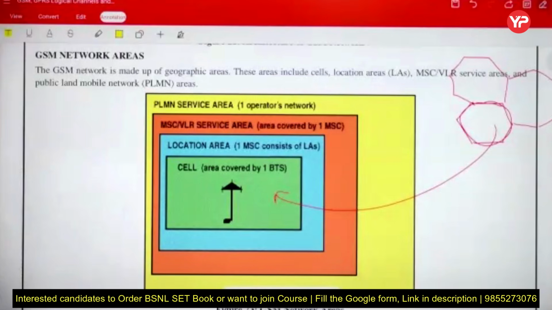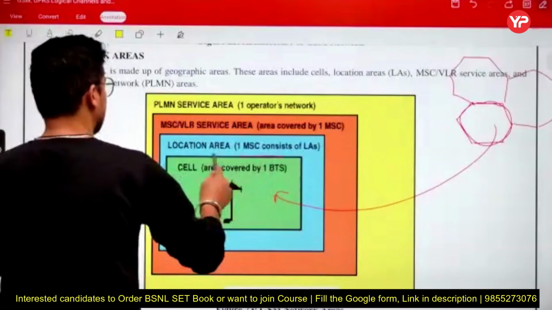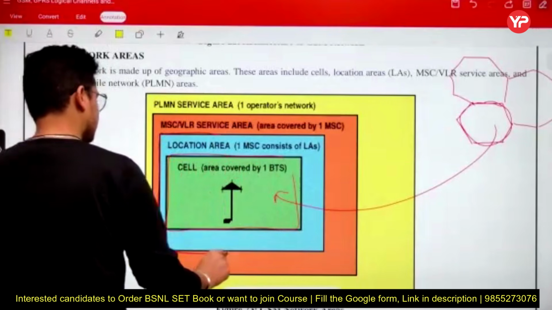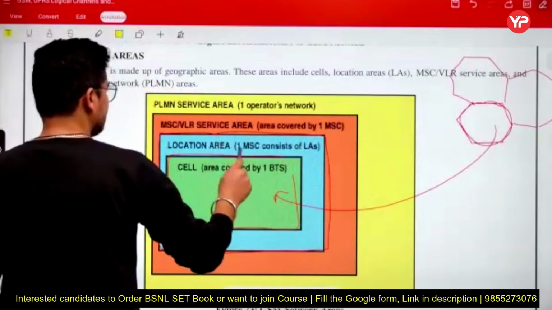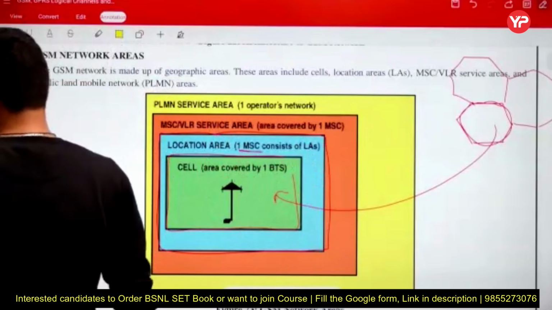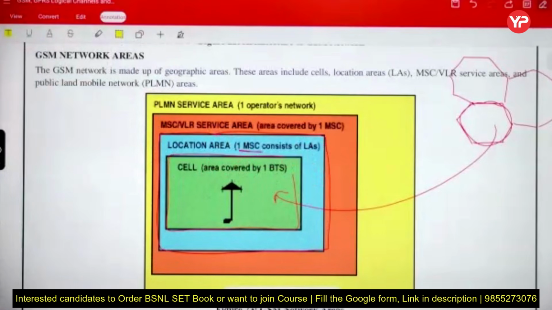Now, after this cell, we have a location area that will cover several cells. In that location area we will have one MSC. So first is the cell. The cell is the basic service area. One BTS covers one cell. Whenever we talk about your tower, one tower will cover one cell, right? Each cell is given